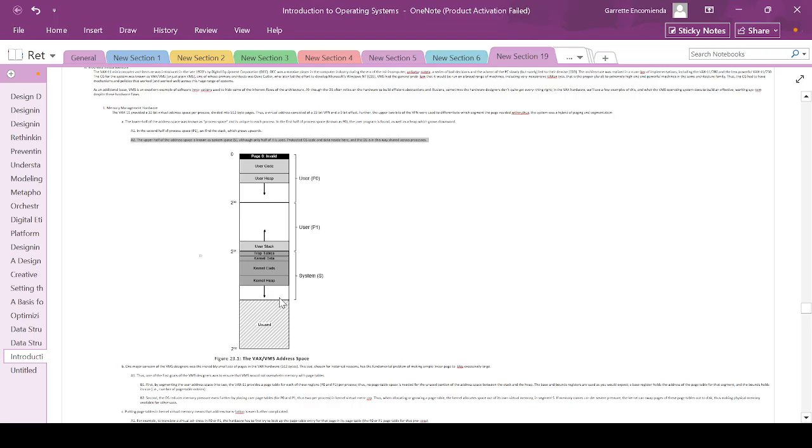So think of this as the upper, kind of like the opposite, although only half of it is used. So here, the system space, only half of it is used. Protected OS code and data reside here. So the user space are the protected code and data, which we're gonna discuss later. And the OS is in this way shared across processes. So in this way, the VAX virtualized the OS and shared this kernel code and data